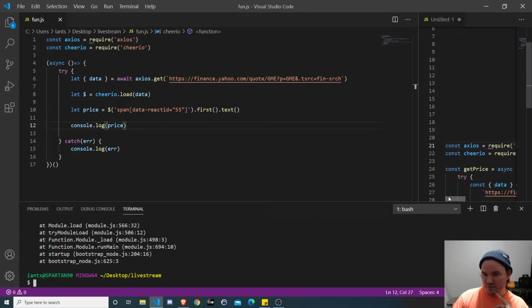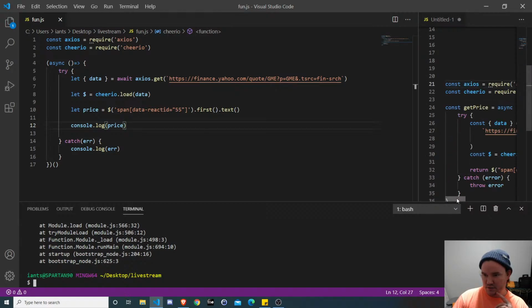So we have Axios and Cheerio, and then an async function.